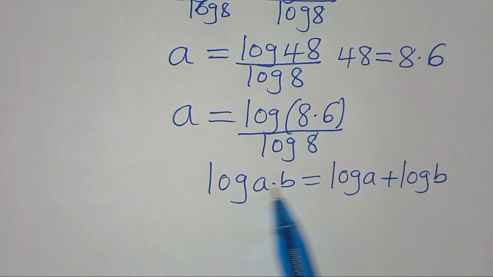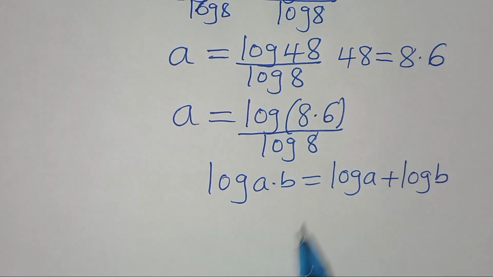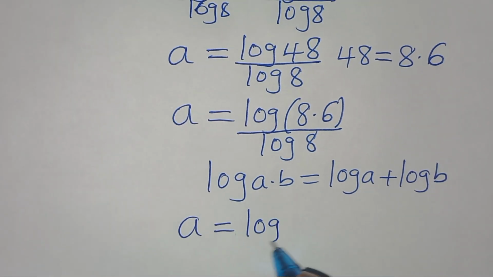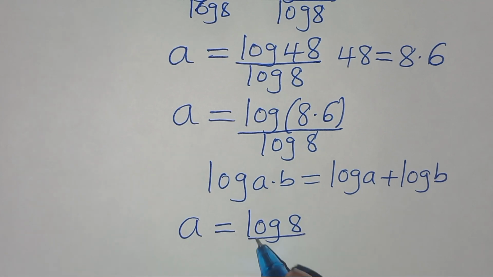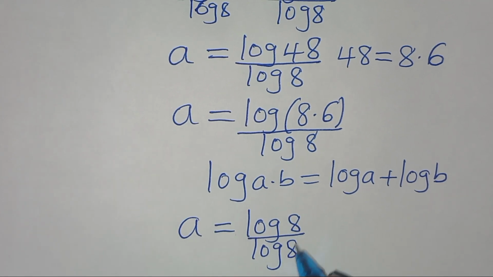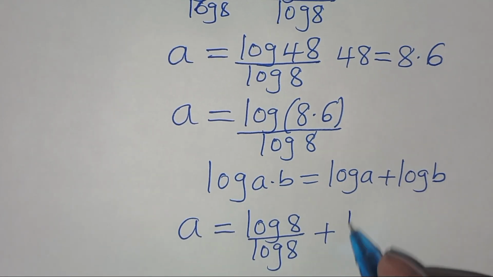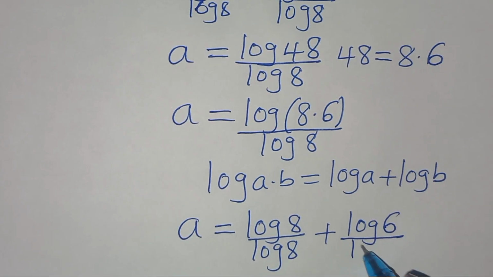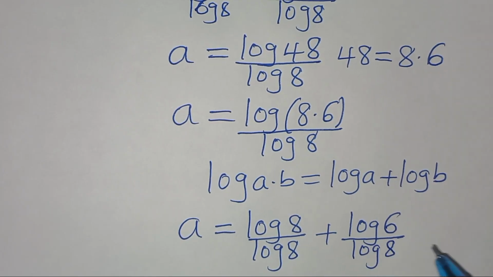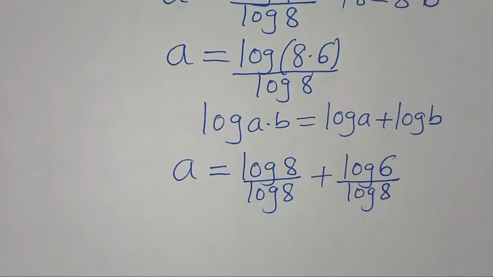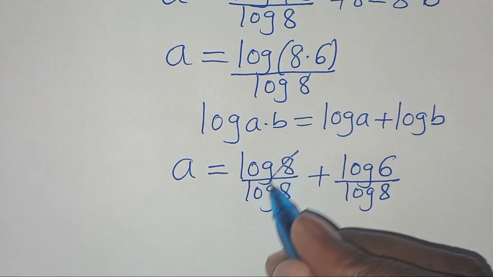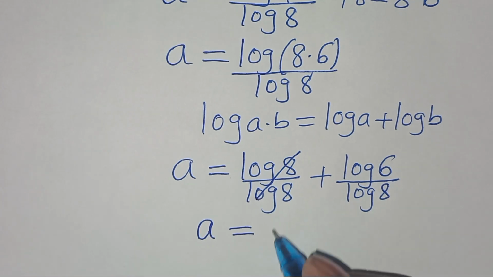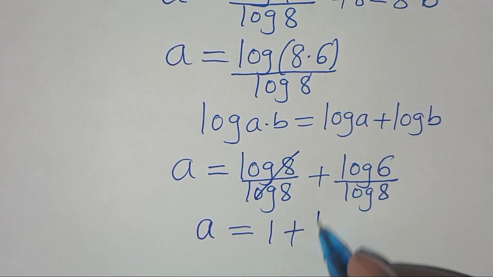Now, applying this logarithm property, here we'll have a is equal to log 8 divided by log 8 plus log 6 divided by log 8. So log 8 and log 8 simplify so that we have a equal to 1 plus log 6